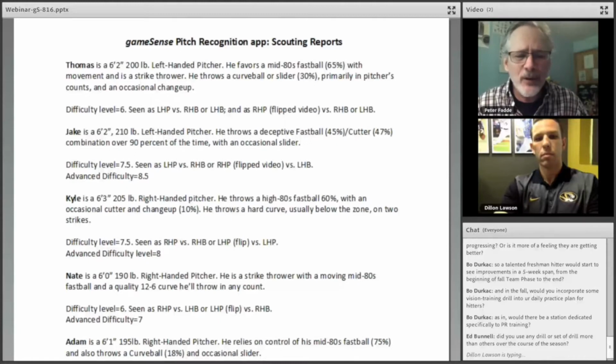This Adam is the one that you'll get if you sign up for the free trial. You can go ahead and take your shot at him. He's a pretty typical, maybe not even a Friday starter, maybe kind of a typical Saturday type of guy. And for the teams that really get involved with it, they can put some of their own video on there, whether it's their own guys or opponents that they shoot video of.